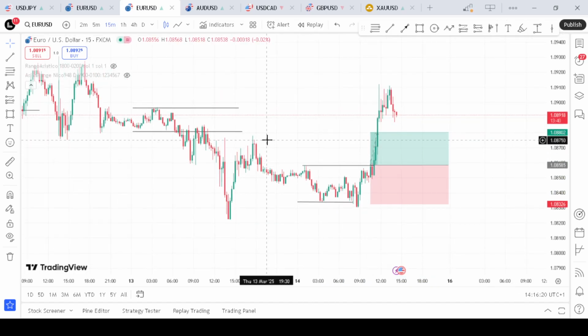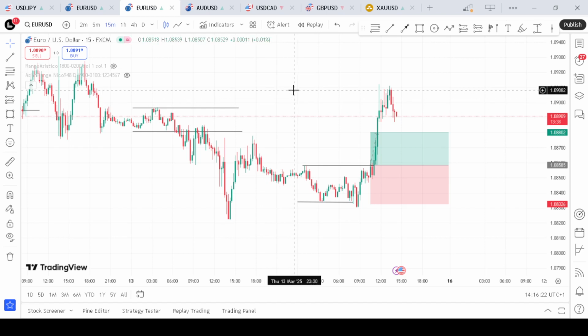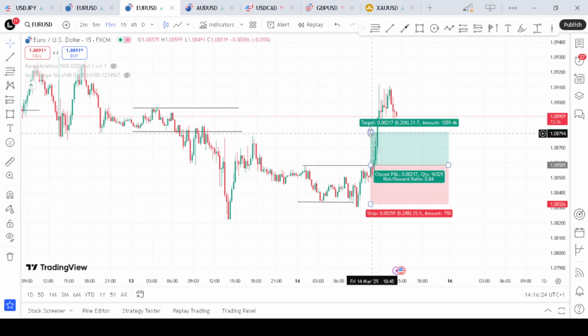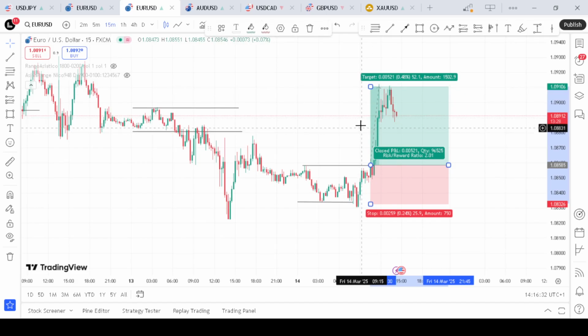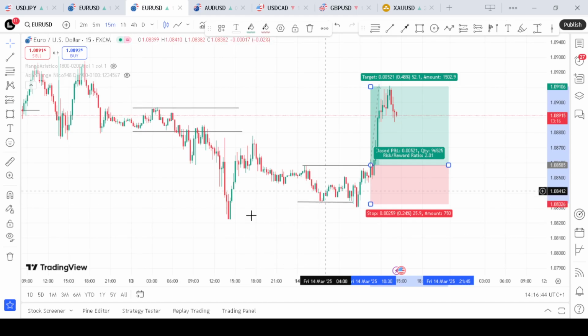We have to aim for a target of at least 1:2. 1:2, that's twice your stop loss. Whatever you are risking on your stop loss, you should aim for at least twice that. In both buying and selling scenarios, always confirm your entry by observing a shift in market structure. There should always be a shift in market structure, and as we can see for this buy trade, there was